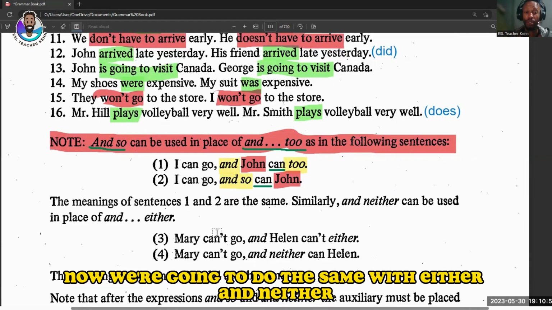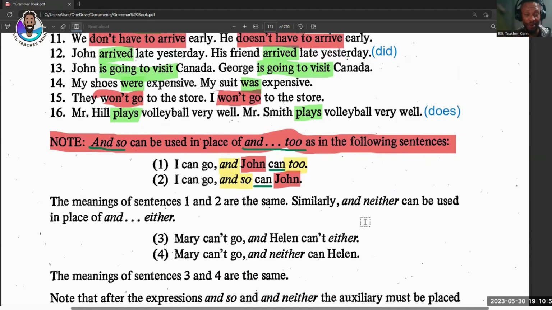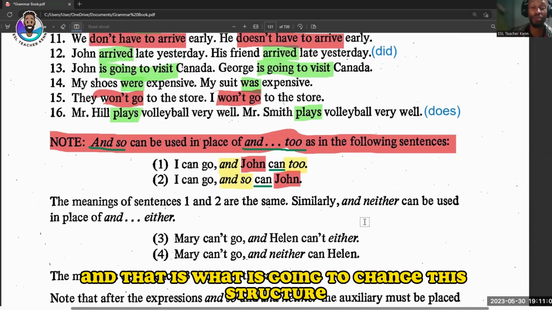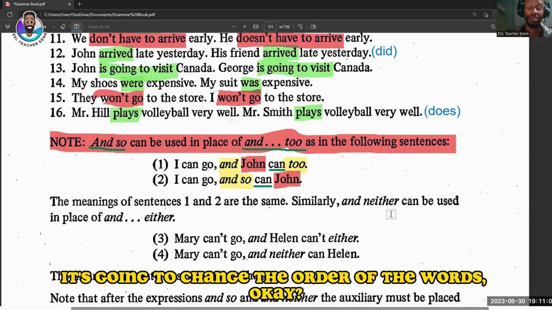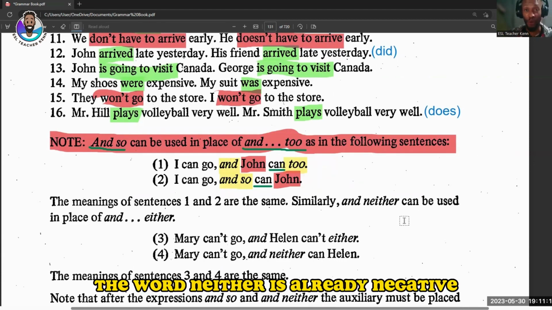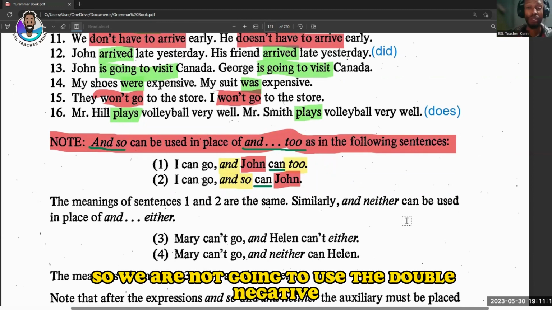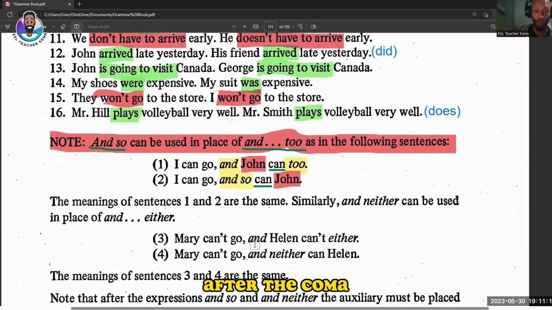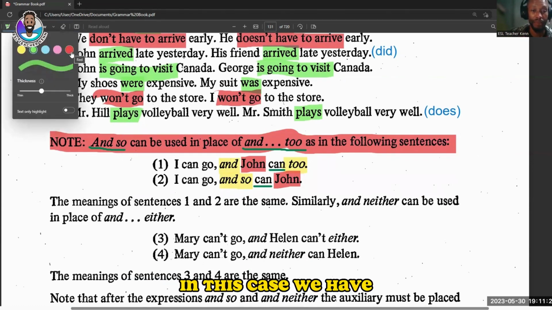Now, we're going to do the same with either and neither. And that is what is going to change the structure. It's going to change the order of the words, okay? The word neither is already negative. So we are not going to use a double negative after the comma. Let me explain what I mean. In this case, we have Mary can't go